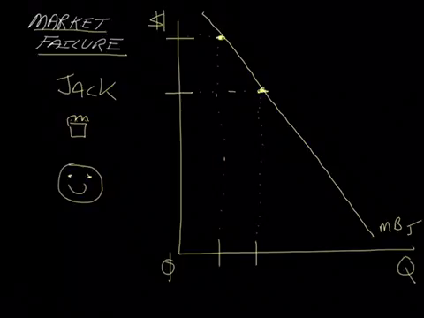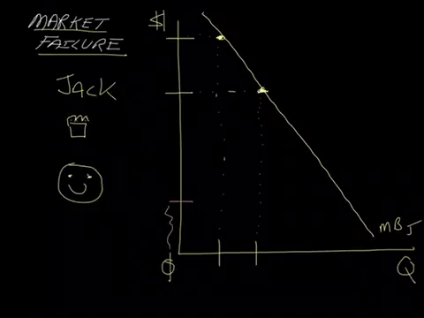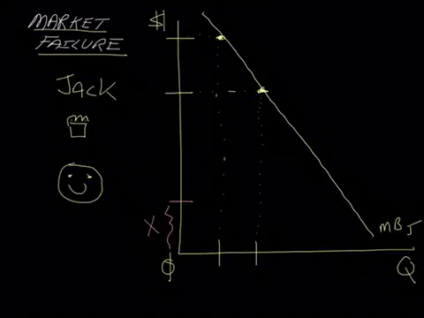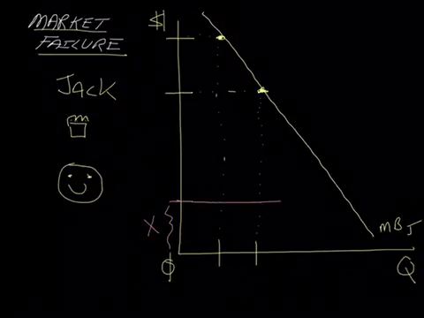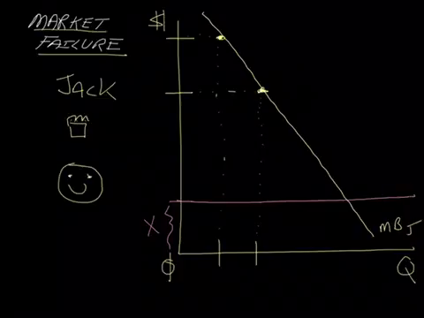There's also a cost for every batch of muffins that Jack bakes, including the cost of the supplies, along with the time that Jack invests to bake it. We can denote that on the value axis as a cost of X. And for simplicity, we'll assume that the cost of the first batch is the same as the cost of the second and the third and the fourth, etc. So there's a constant cost for every batch. We can reflect that as a horizontal line on our graph and call this the marginal cost of baking muffins